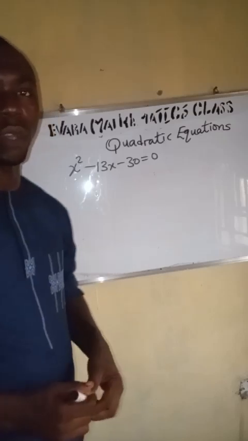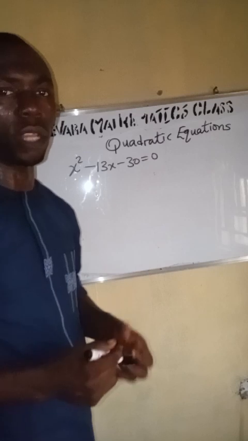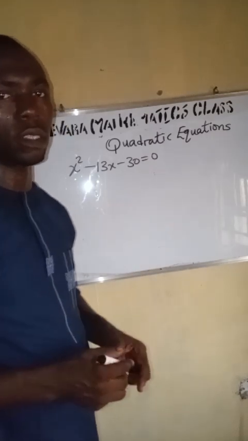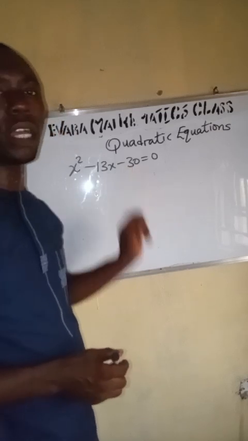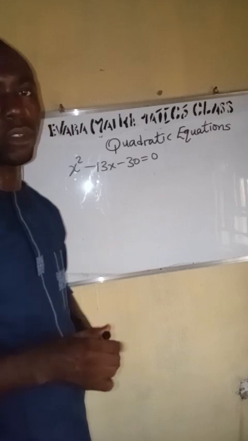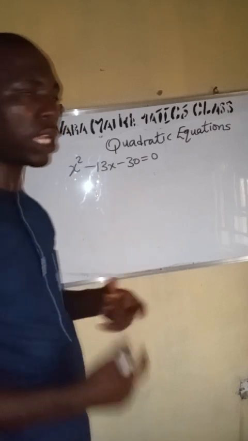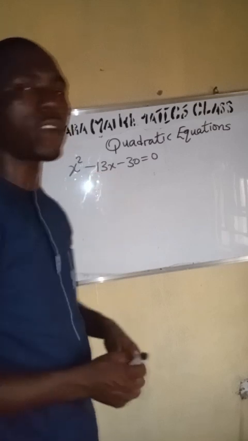We have a quadratic equation to solve by the use of the factorization method. In order to solve this kind of quadratic equation, you simply bring out the factors of 30. Out of these factors of 30, you will pick any two that, when you add them together, will give you minus 13. So, factors of 30,